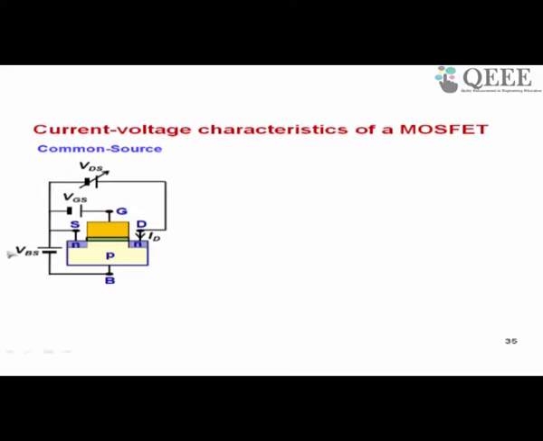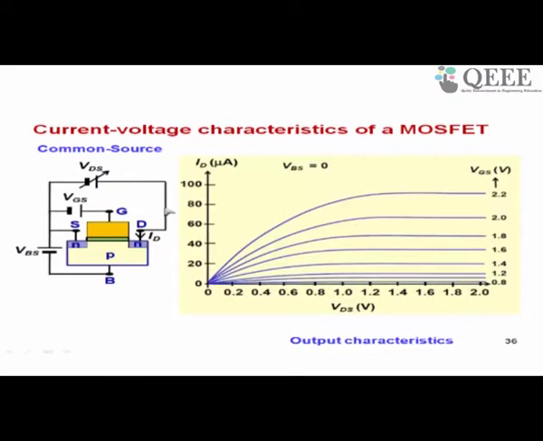Now you can also have a voltage applied across the bulk and the source, that is VBS, but the source should always be reverse biased with respect to bulk. So in this case we are considering an N-channel transistor. An N-channel transistor means a transistor in which the current is controlled by electrons. So in this case the N side should be positive with respect to the P side because it should be reverse biased. Now what are the characteristics that we get for this situation?